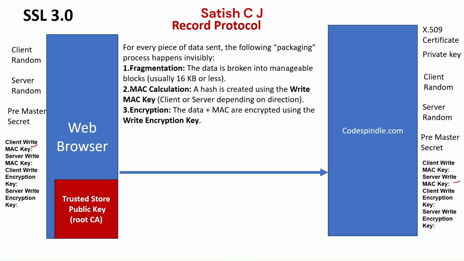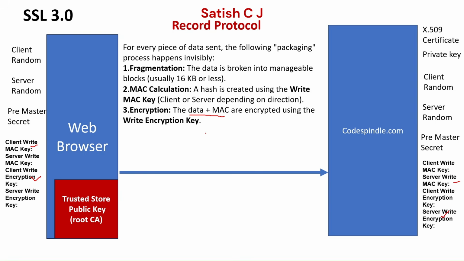The third step is encryption. So data that is going from the client to the server will be encrypted. The data plus the authentication code MAC is encrypted using the client write encryption key if the data travels from the client to the server. Likewise, the packets that are moving from the server to the client will be encrypted and decrypted using the server